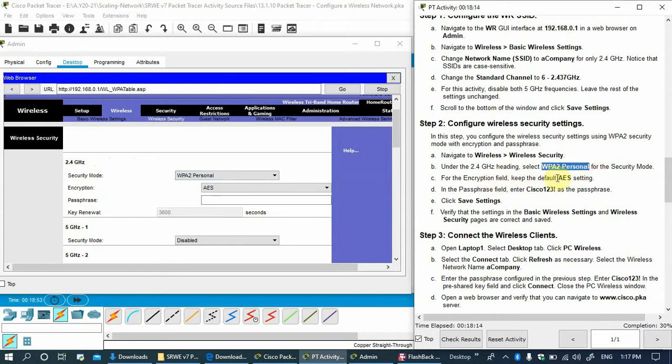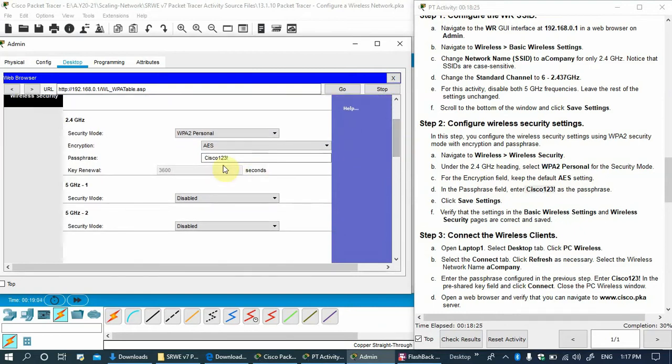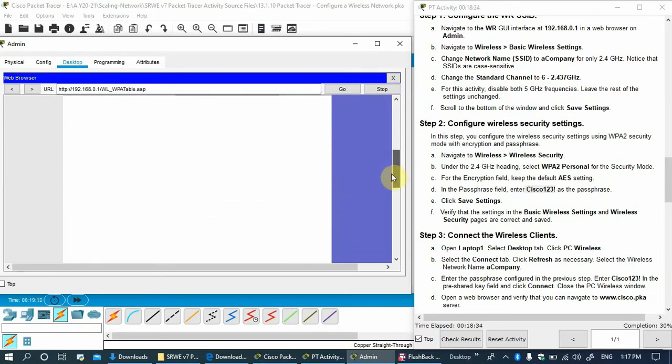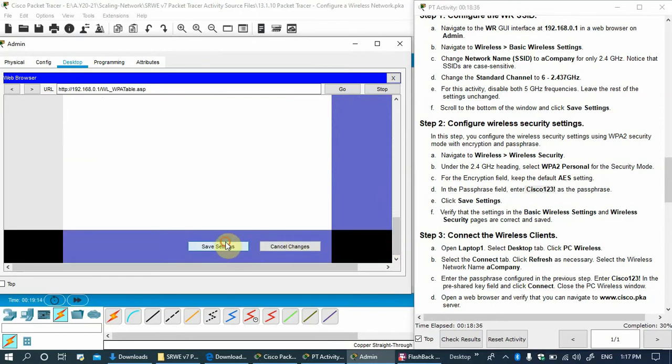The encryption type is AES and the passphrase is Cisco123. I am going to copy the same passphrase here. You can see it's capital C, Cisco123, with an exclamation mark at the end. Click save settings. We will save the settings, passphrase. Done.